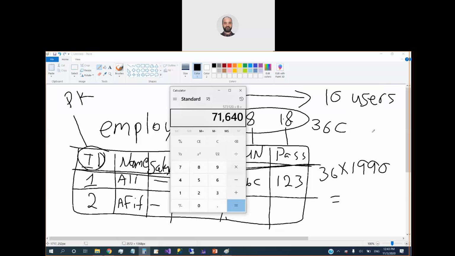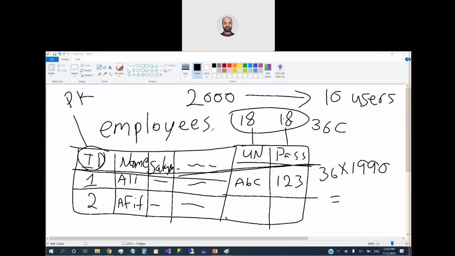for only two columns wasted, right? Wasted 2 columns. So out of this we only use these 2 fields for only 10 users, while 1990 records will be empty. Why? Because those users, those employees, don't have access to the system. Okay, so in this case,